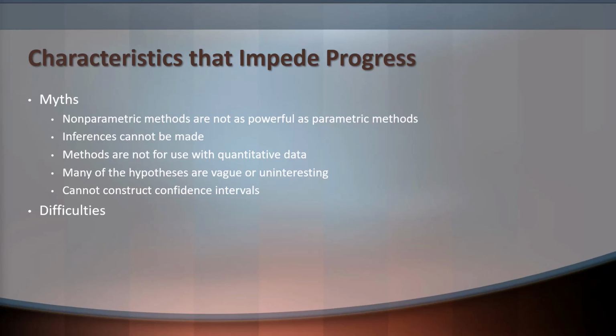As with any statistical method, there are difficulties. Perhaps the main difficulty in using nonparametric methods is that they're not as well known. So what does that mean? If you use nonparametric methods in a research study, then when you write up those methods, you need to go a bit further than simply saying, here is the particular inferential method that I used, and instead, you have to actually explain a little bit about why you use that method, and perhaps even teach the reviewers of the manuscript a bit about the method.